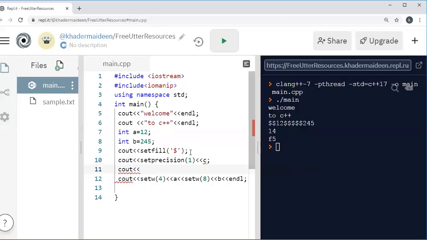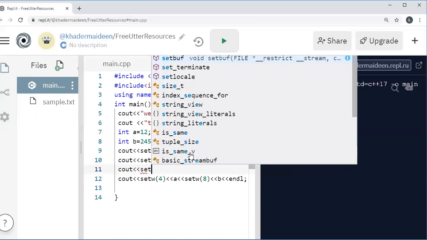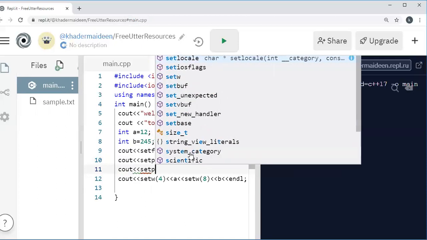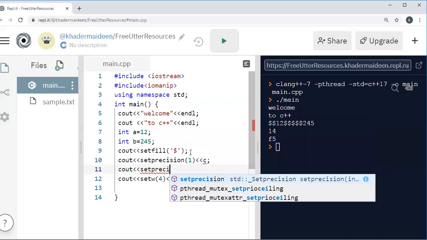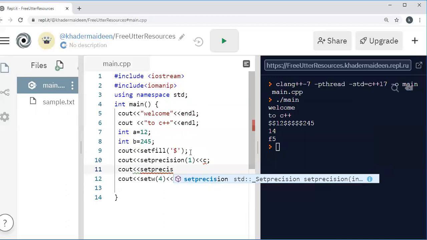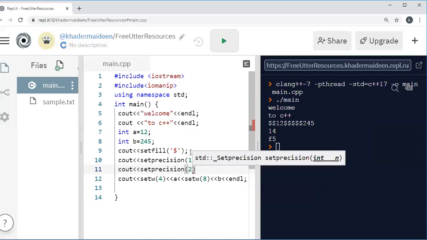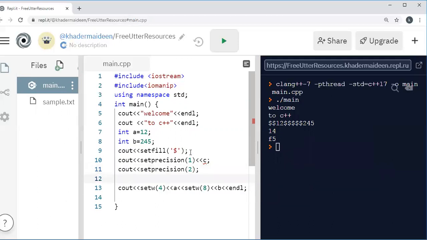So here given one precision. Here, two precision.